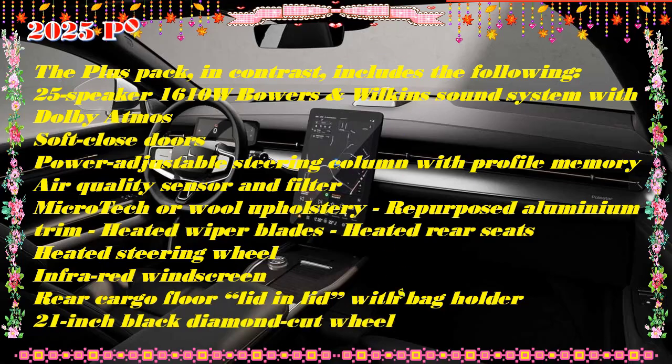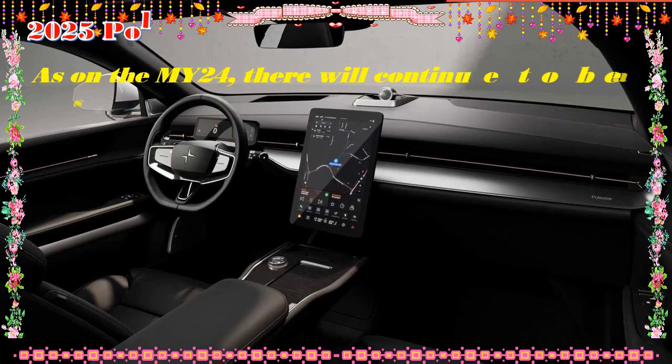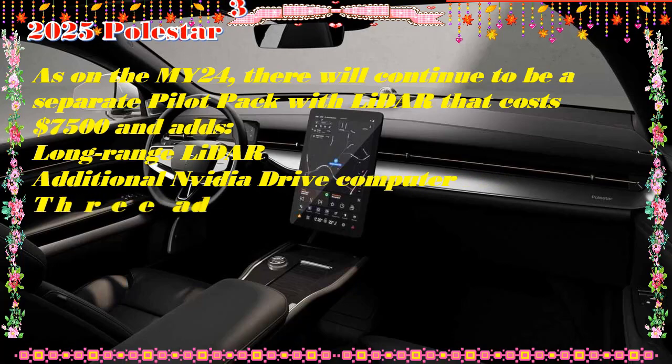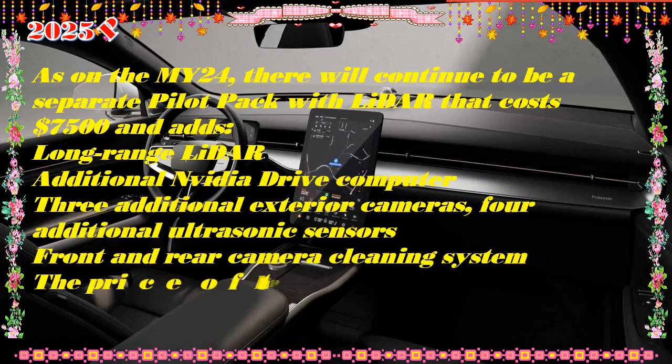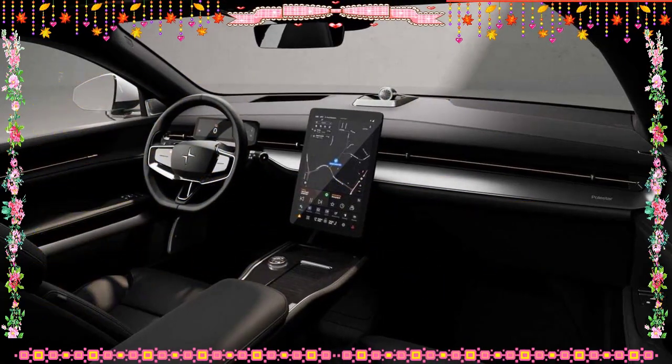The SUV's cabin looks rich too, with a clean design and high-end materials. Power is more than ample in the base model, which is propelled by a 483 HP, dual-motor, all-wheel drive powertrain. For speed freaks, the optional performance trim boosts it to 510 horsepower and adds unique 22-inch wheels, summer tires, and